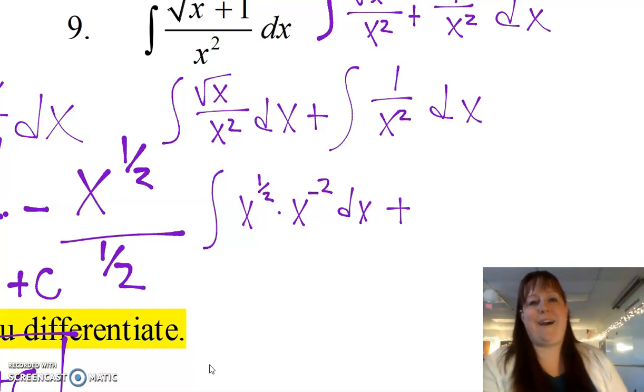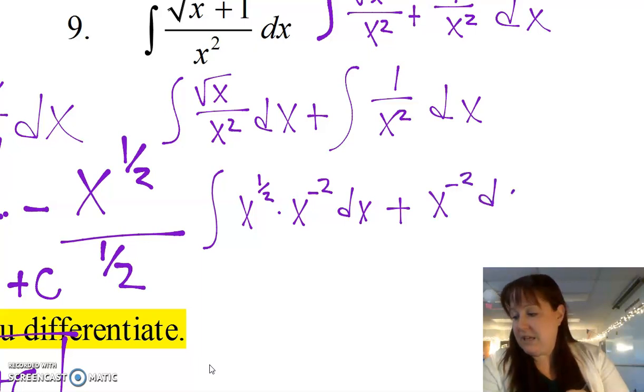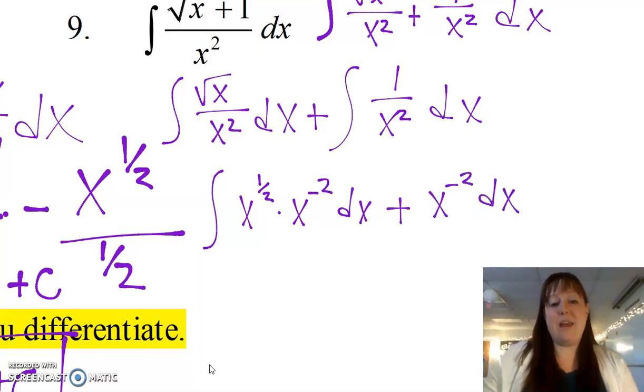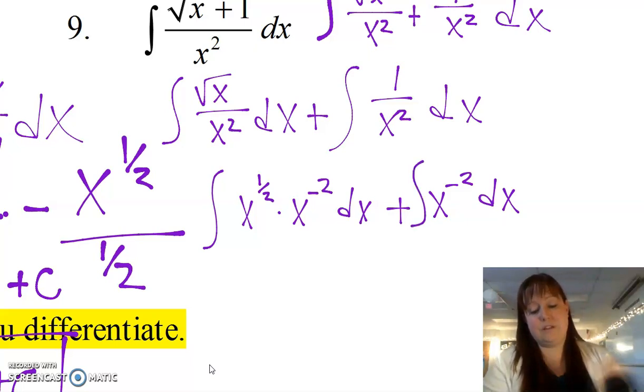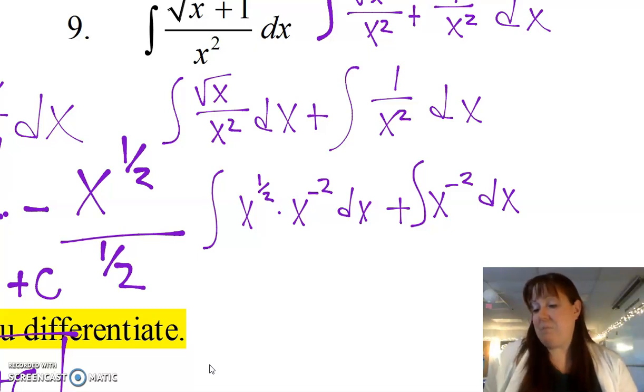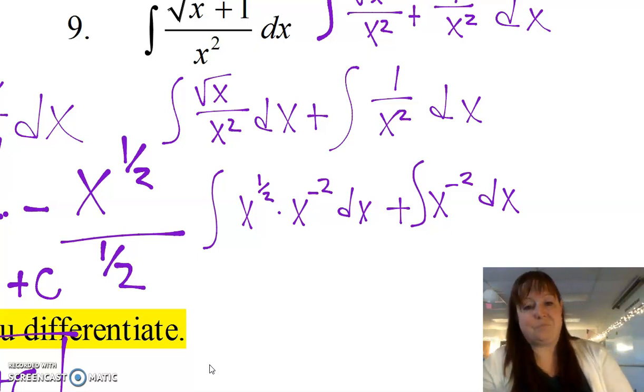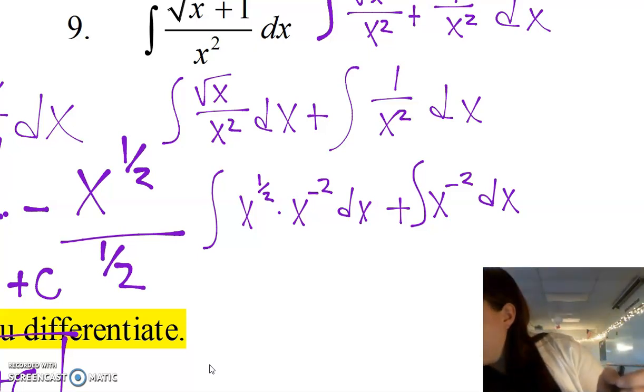Okay, so we're writing this as exponents. So x to the 1/2 times x to the negative 2 dx plus the integral of x to the negative 2 dx. And then, again, we have a product. We still have a product in there, so we need to take care of that product. But they're the same variable, so we can just multiply them together, right? So when we multiply them together, they add